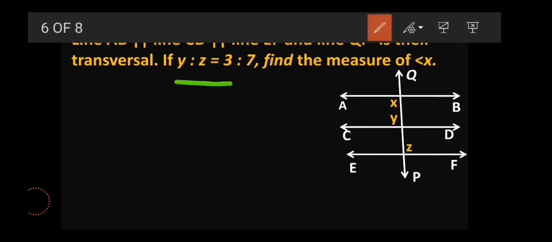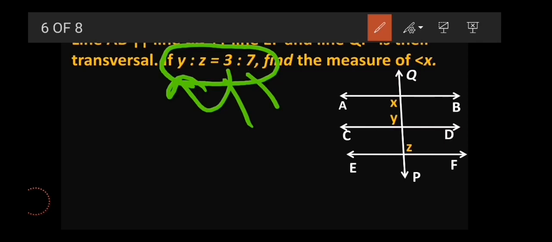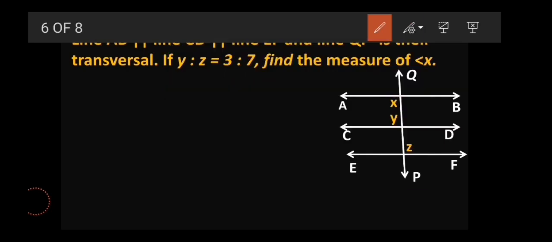Pay attention over here. Whenever a ratio is given in a question, my dears, whether it is geometry or algebra, you have to consider a common multiple to get the value. The numbers mentioned in the ratio are not the actual values of y and z, or any term that the ratio consists of. These are the ratio, that is, after cancellation, it is a reduced form of the fraction. Clear? I hope I made it very clear to you.